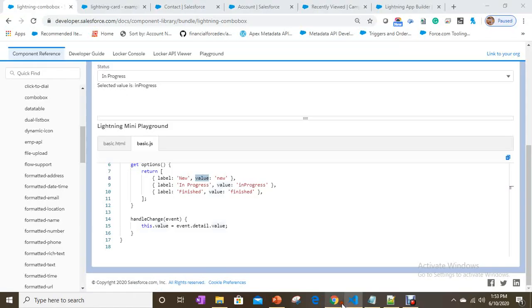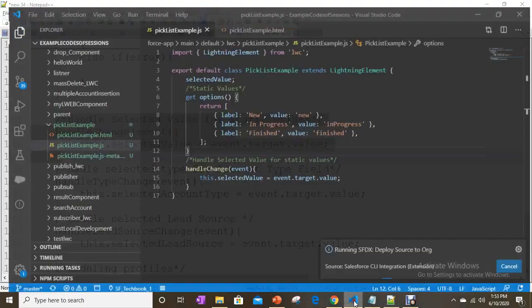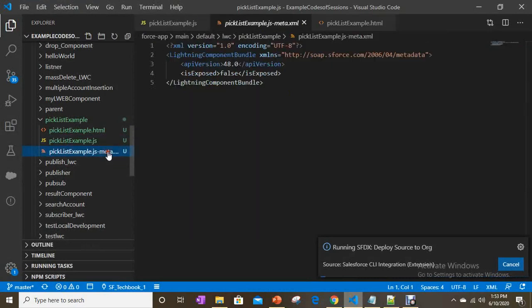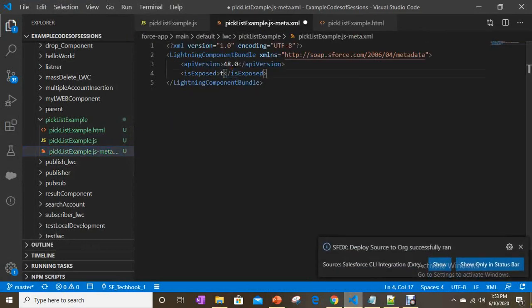Now, to configure this for app builder, you just need to set isExposed to true and set targets.